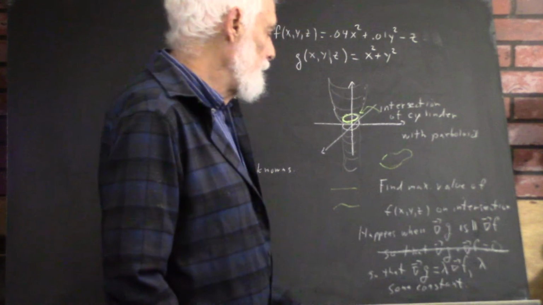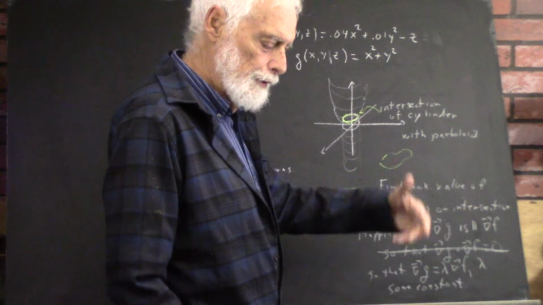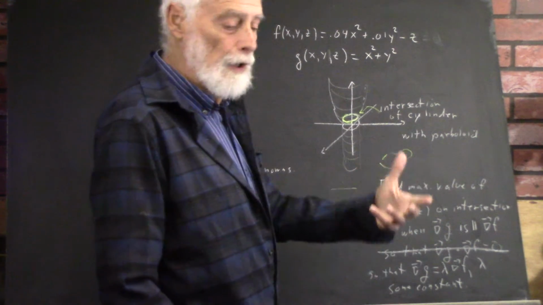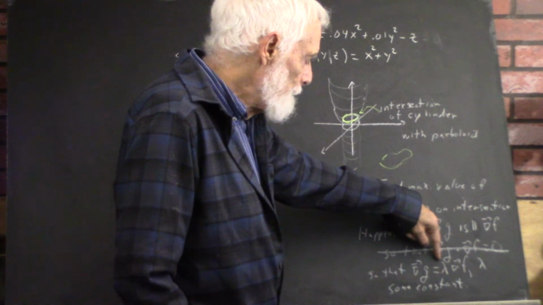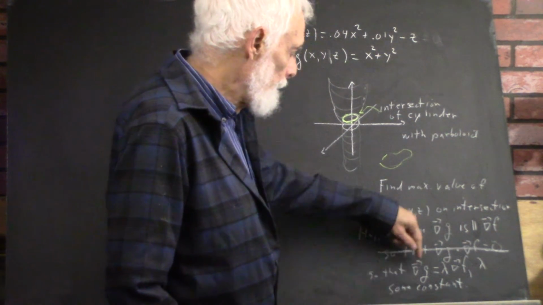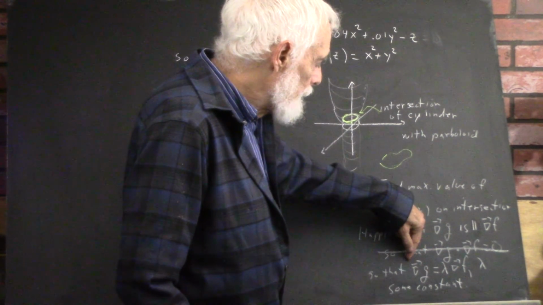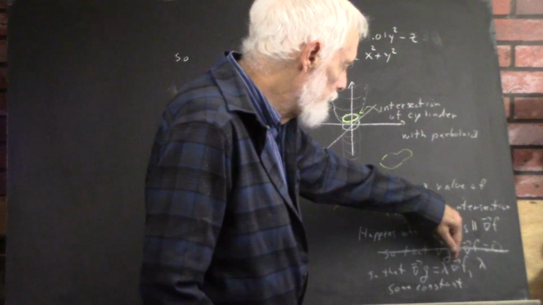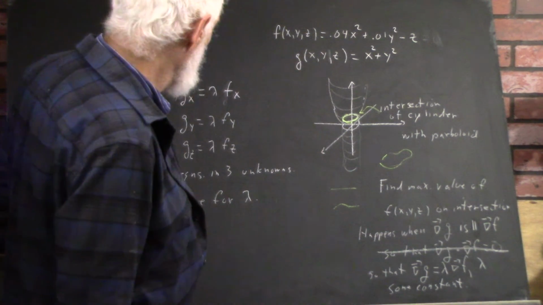With Lagrange multipliers, we generally use lambda, maybe because lambda is kind of a parallel to the Greek alphabet parallel to L, and Lagrange is a guy who came up with this. I'm not sure that's the reason we use lambda. Lambda is also used for eigenvalues, and there's a conceptual similarity there. Anyhow, the gradient of g is going to be some constant multiple of the gradient of f, where lambda is some constant. What's that mean? Well, if you have functions of three variables,